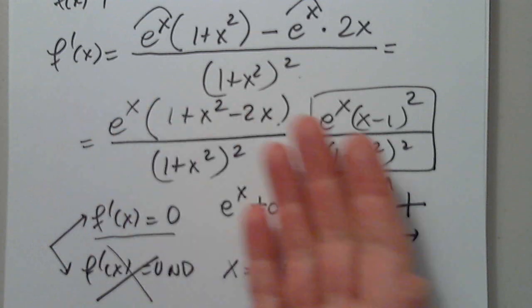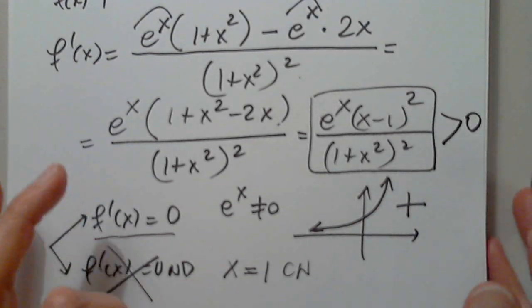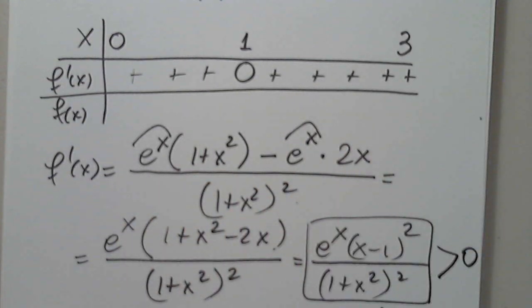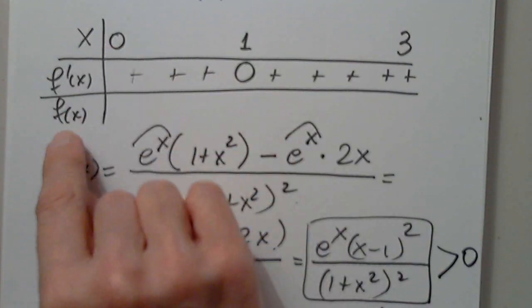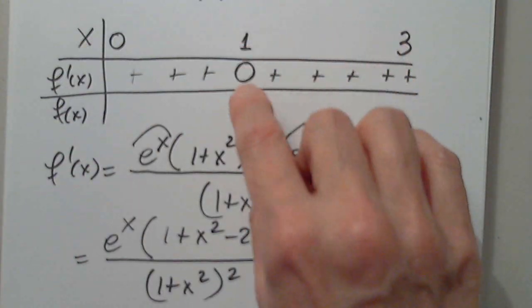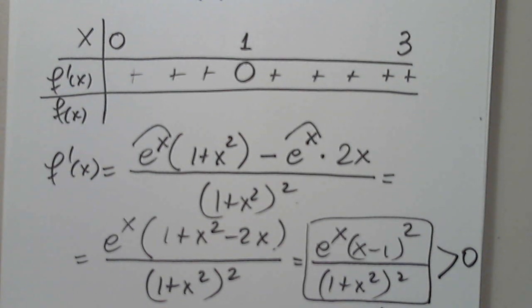So then what is the result? What am I saying to you about f prime? It's always positive, or increasing. Always positive. Now I have to plug in the function because it's a closed interval. I have to plug in 0 and get this value. I have to plug in 1 and get this value. I have to plug in 3 and get this value. So I'll share my screen. So in y equals